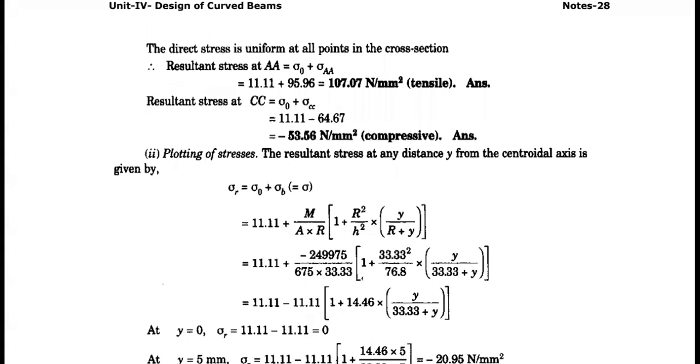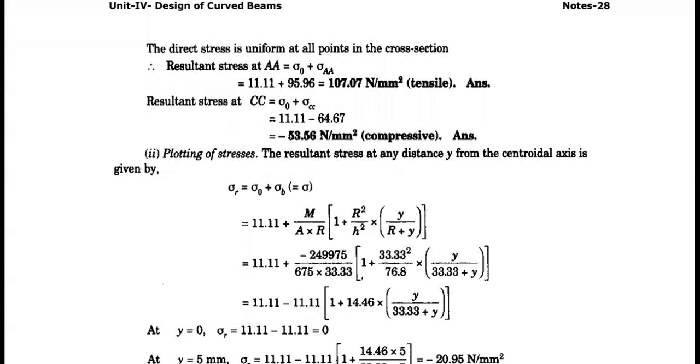Just follow the procedure, because it is already an open book examination. DMMT is like an open book examination. So if you know the formula, then it is over. Your entire problem is over. I hope you understand this problem. So we directly move on to the second one without wasting time.